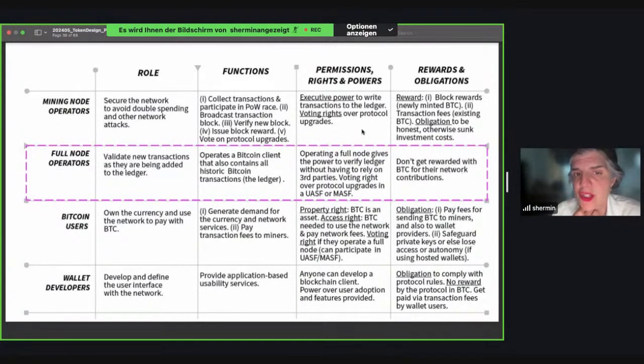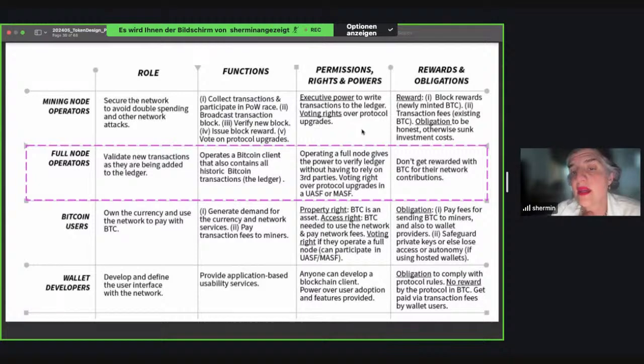Because they were not intentionally designed as an independent stakeholder, they don't get rewarded for their validation services. So operating a full node gives you the power to be independent and verify ledger transactions without having to rely on trusted third parties, but you don't earn anything for doing so. And as a full node operator, you don't get to vote over protocol upgrades,